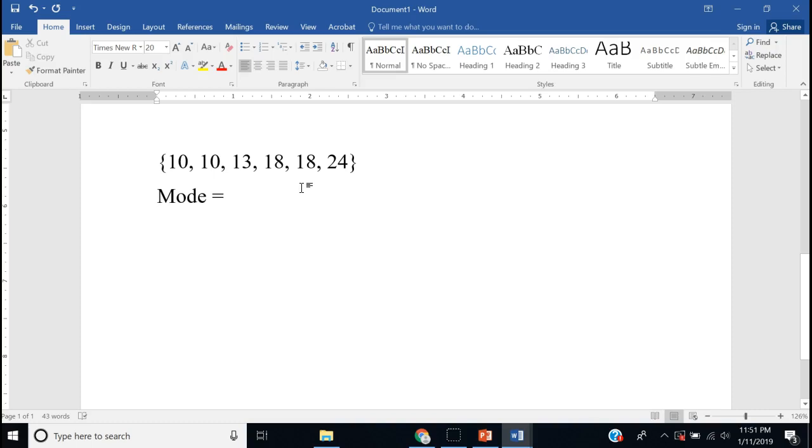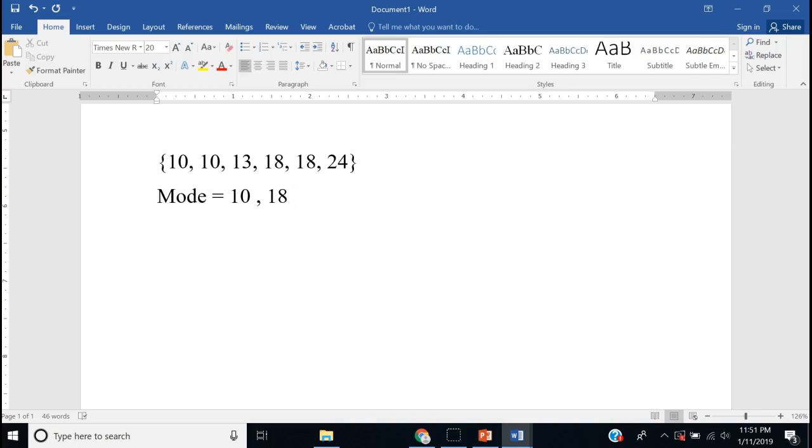So if we have a tie at the top, we don't want to say 14 is our mode, because that will make people think that 14 occurred more than anything else, which is not true. So what we have to do in this case is we have to say 10 and